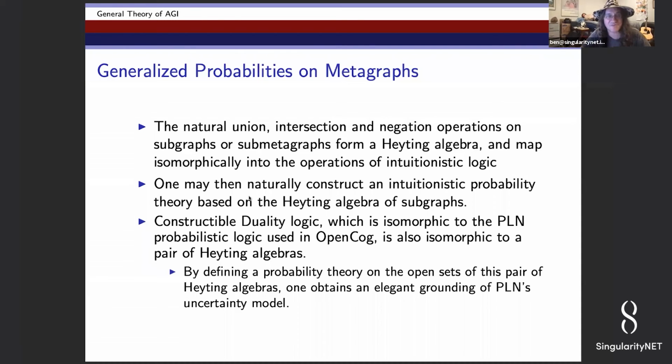But if you have a graph instead, like the graph built up by a mind understanding the world and making distinctions and groupings and recognizing patterns, then you want to define probabilities on these subgraphs. And it turns out there you want to use what's called a Heyting algebra of subgraphs rather than a Boolean algebra of subsets. And you get an intuitionistic probability theory, which then ties in beautifully with intuitionistic logic